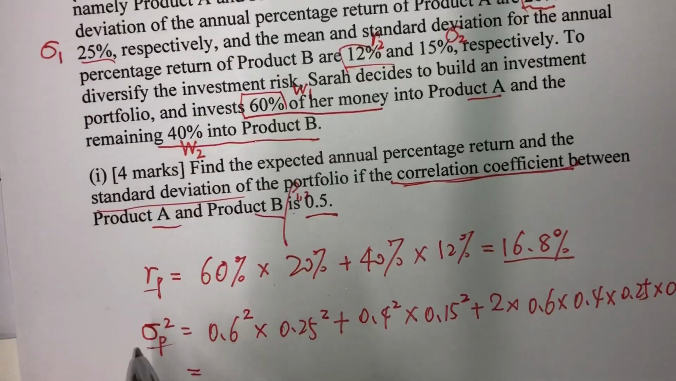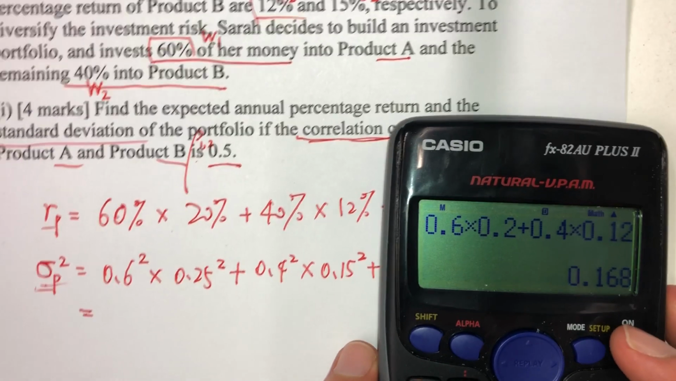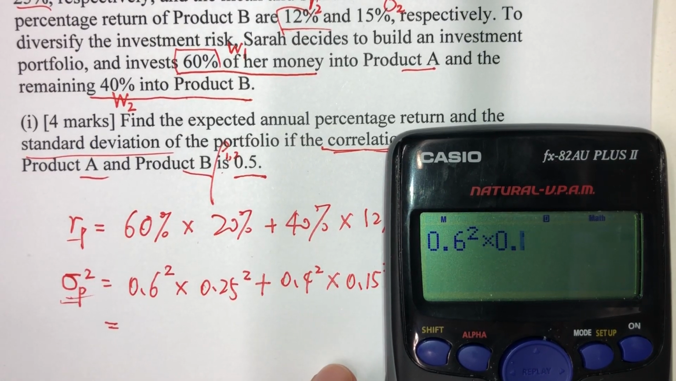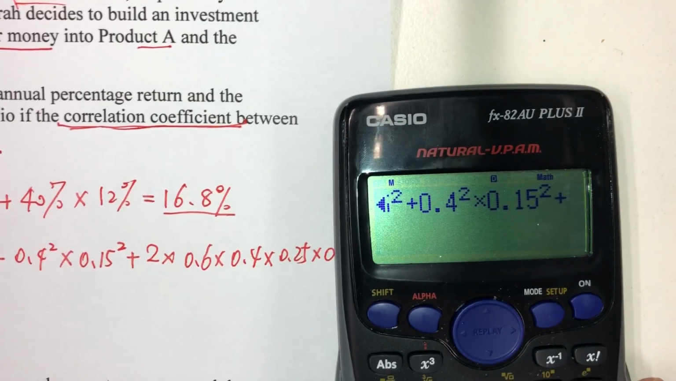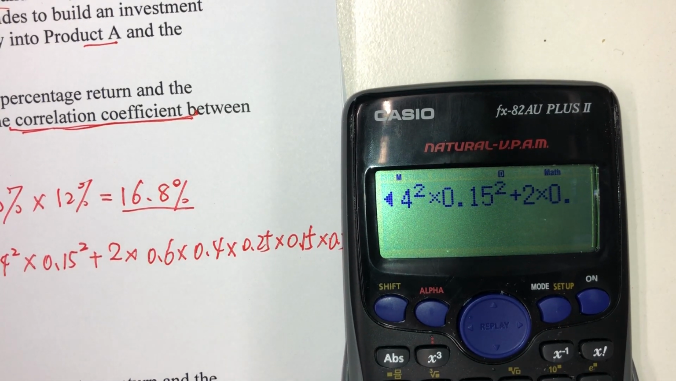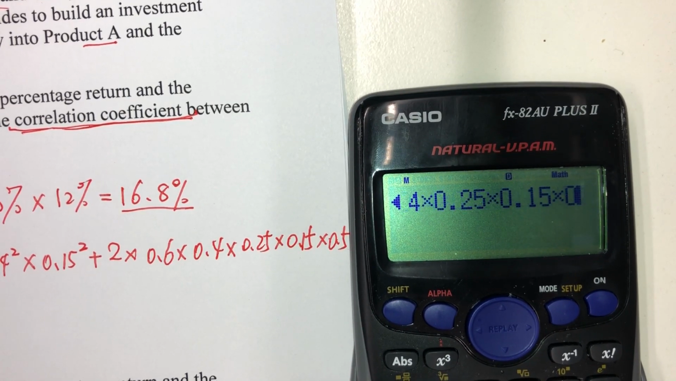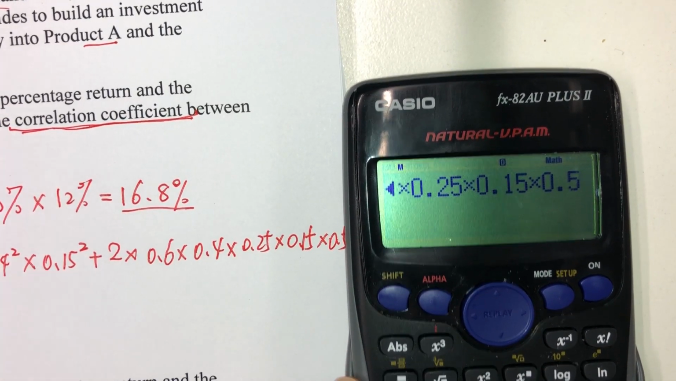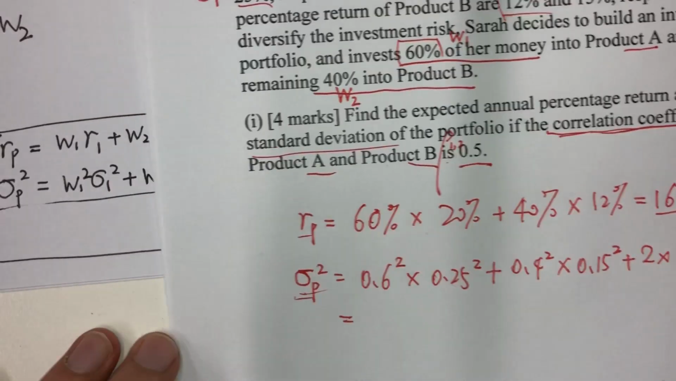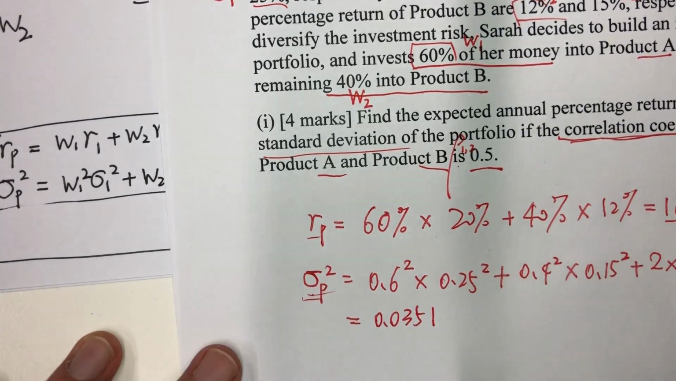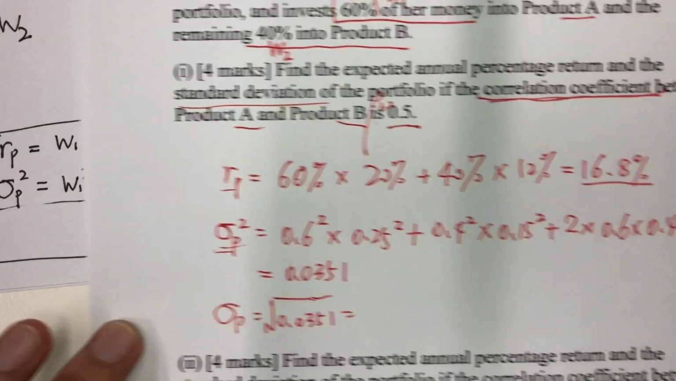So after calculating this, we know this is the portfolio variance instead of the portfolio standard deviation. So let's do it together quickly. It's going to be 0.6 squared times 0.25 squared plus 0.4 squared times 0.15 squared plus 2 times 0.6 times 0.4 times 0.25 times 0.15 times 0.5. And then finally, by pressing this equal sign, the portfolio variance is 0.0351. However, the portfolio standard deviation will be the square root of this 0.0351, and we've got